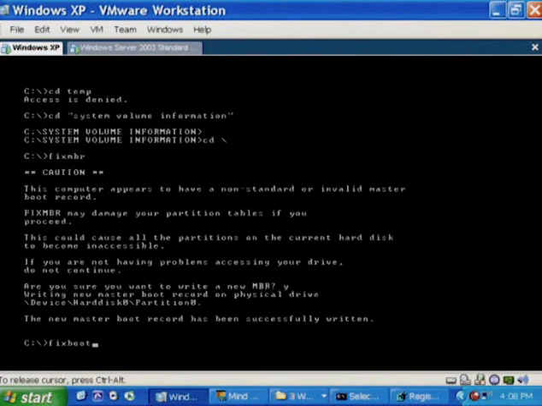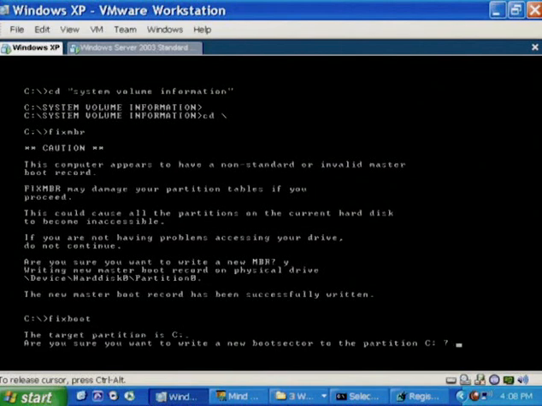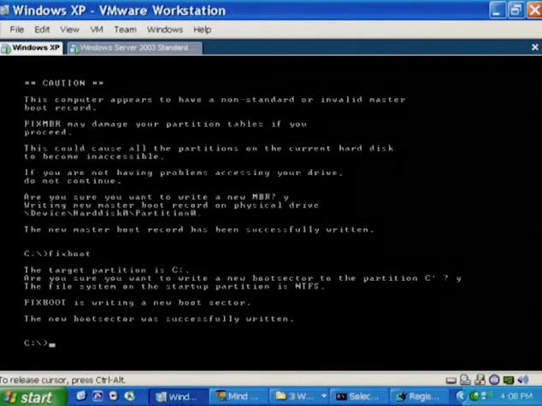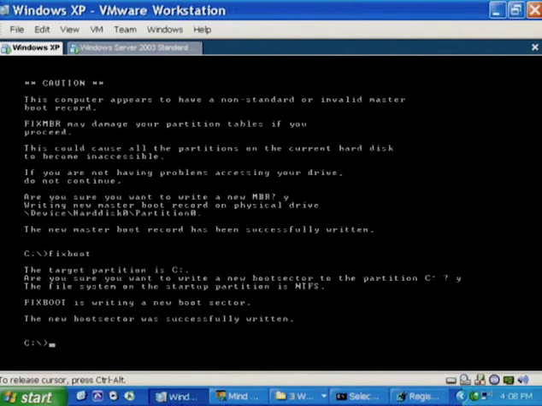Shall I try and fix the boot sector on this virtual machine? Let's go ahead and fix it. All right, I'm typing fix boot, just in case there's something wrong with it. Are you sure you want to write a new boot sector? I'm not sure, but we'll go ahead and try it. And notice it says the file system on the startup partition is NTFS. That's relevant because the boot sector code, as we described in the boot process, has to be able to interpret the file system on that volume you're booting from. So that's a primitive NTFS file system that is able to then locate the root directory and read in the bootloader.